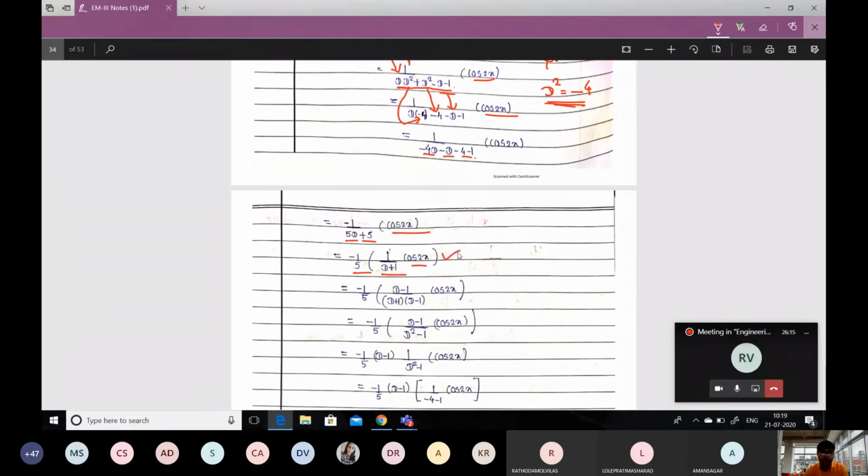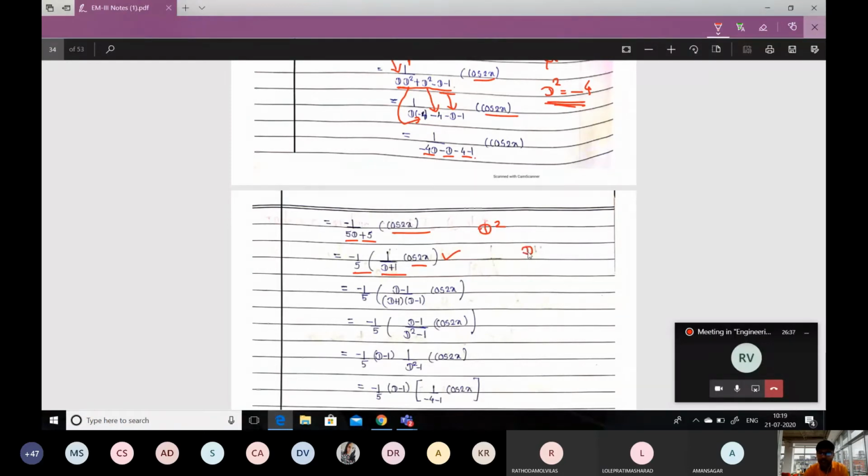Now this is a very important step. In this case, how to solve further? If you are getting D in the denominator, we cannot use the formula, because the formula for trigonometric functions sine and cos is for what? D square term. It is not for the D term. So how will you get a D square term in the denominator? Simply, I just want to get a D square term in the denominator.